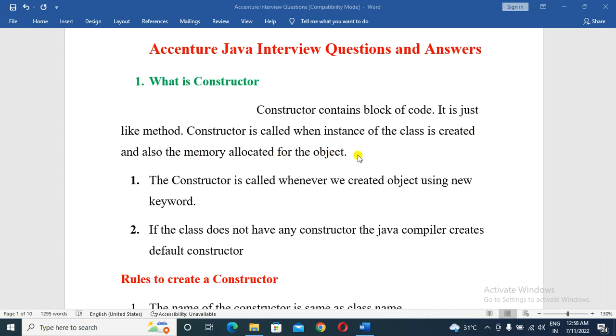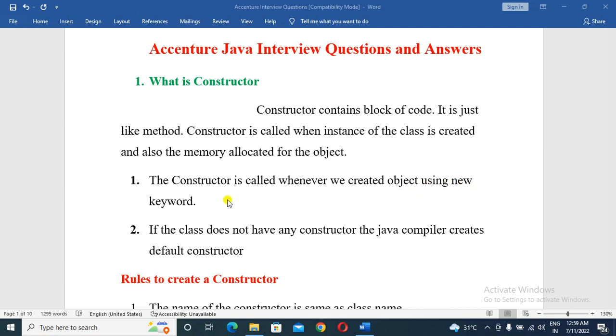The constructor is called whenever we create the object, and at that time memory is allocated for the object. So the constructor is called whenever we create an object using the new keyword.